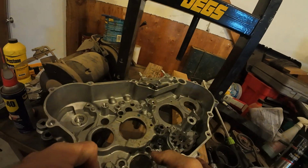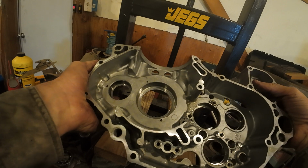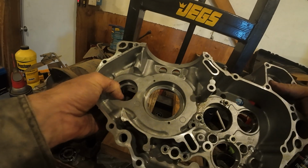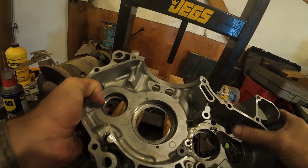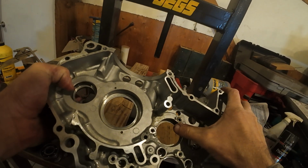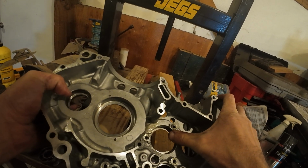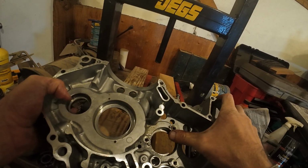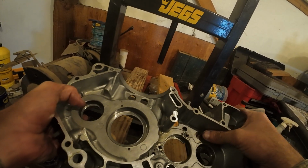Here's this section of the cases here. There we go. Got all the bearings out of this side. Now we'll just use my blind bearing puller to get the countershaft balancer out. And if we're looking on this side, this is the main shaft of the transmission, the one that the clutch goes on. It's a blind bearing, so we'll have to remove those two with that piece of equipment on the other cases,